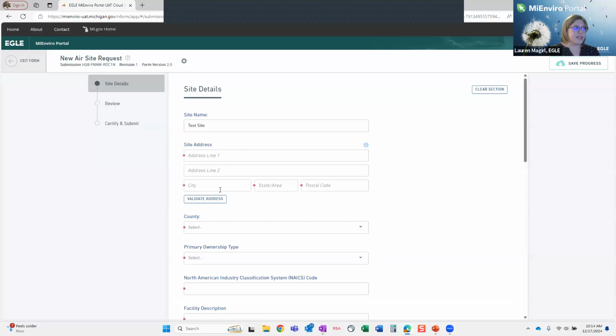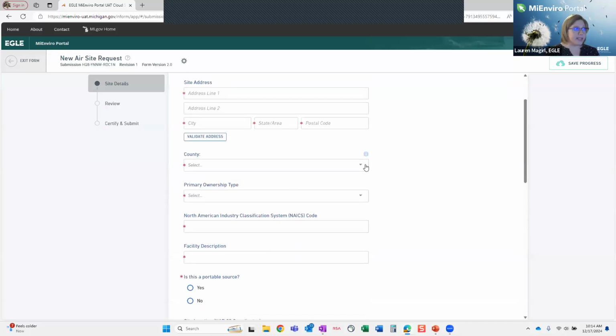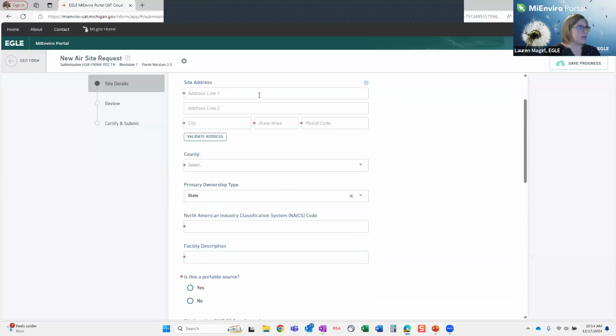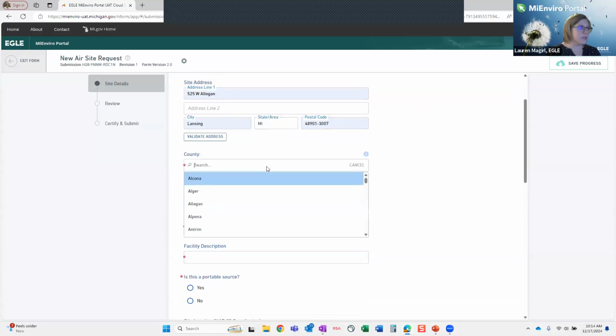And here you would add the site address. You can validate the address, the county that it's in, and the primary ownership type, which is asking if it's federal, local government, private, state, or tribal. So I'm just going to say it's state really quick. I'm going to put Constitutional Hall in here just so you can see what it looks like when we submit this form, which is in Ingham